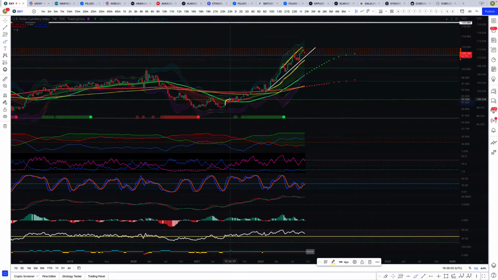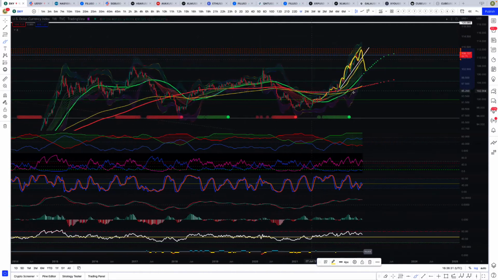That was when cryptos got out of their kind of rut back in the summer correction, but the dollar was kind of chugging its way up here. And then as soon as we went into a prominent uptrend, that's when cryptos really shit the bed. But we haven't broken down below that median line this whole time. So if we do come down and break below it, then it's going to signal that the bottom's in and cryptos will really have a strong bounce.